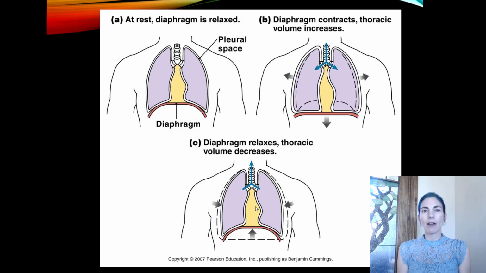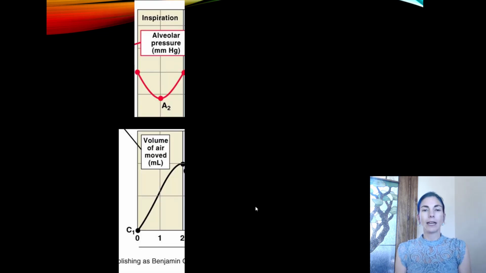And the next graph is something that you may want to spend a little bit more time looking at than what I'm going to go over. It has to do with where we are in the breathing pattern. So what I'd like you to do for a moment is sit and just breathe normally. So when you breathe normally and you draw air in and then you push air out and draw air in and push air out, again, remember it's your rib cage and your diaphragm that are basically dictating is air coming in or coming out. But we can actually follow the tracing of air movement in and out of our lungs